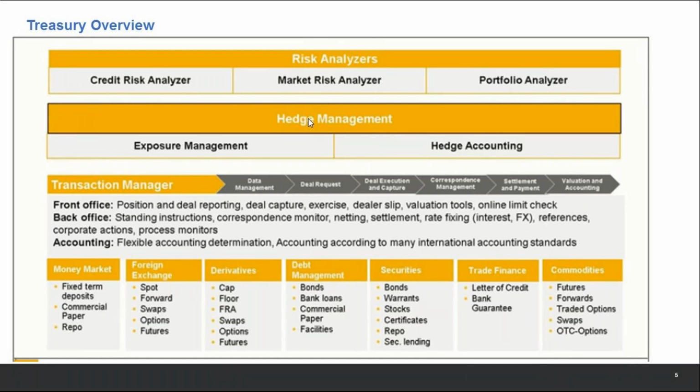Now, online limit check is what I was just referring to a couple of minutes back in credit risk analyzer. When I implement credit risk analyzer, I know what the limit of my counterparty is, what the rating of my counterparty is, how much it is safe to do a trade with a counterparty. If I do a trade with a counterparty and tomorrow it goes bankrupt, then what is the loss and what is its probability of going bankrupt, and then you can put a limit on it. You do not want to invest above a particular amount with a counterparty.